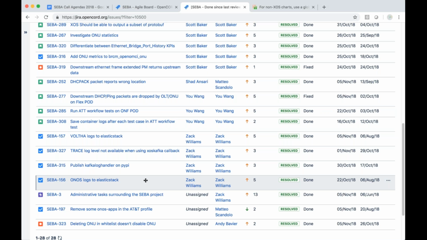And that worked fairly well for the ONOS ones. There were some issues with multi-line things not giving back correct JSON, but until we get a true JSON output format in ONOS, there's not really a way around that. But for the time being, it seems good enough. The Voltha ones, they're also related to this other item, 315, which is